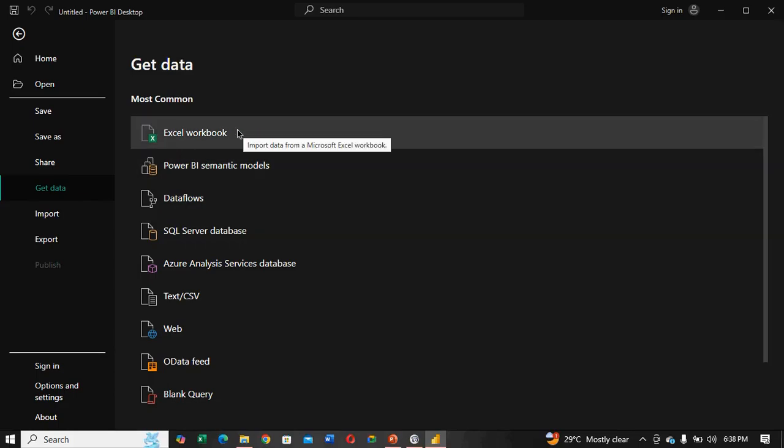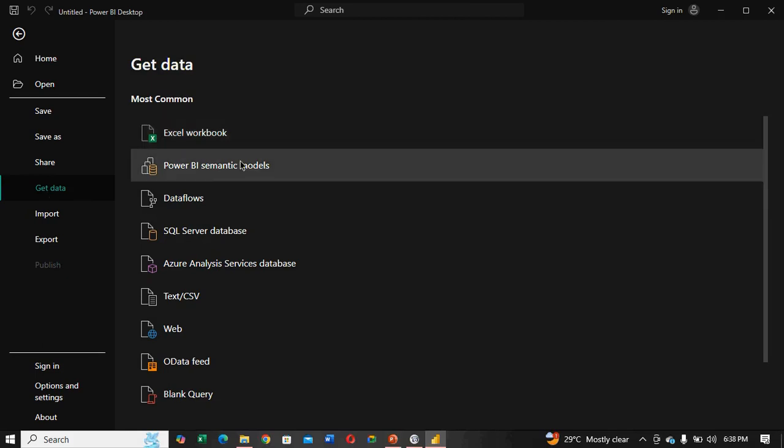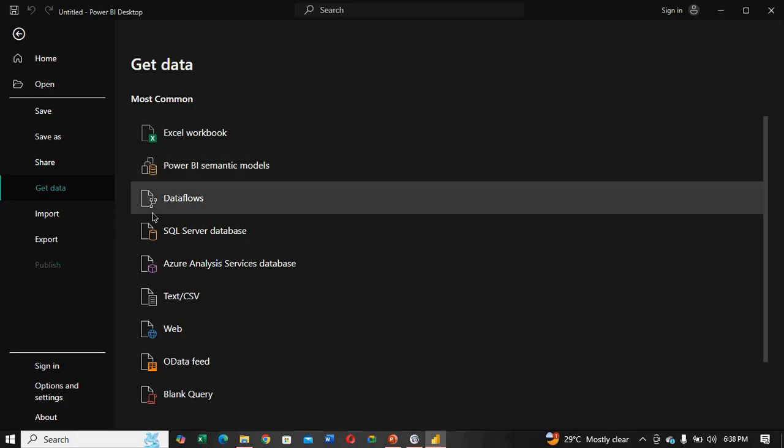We can get data like in Excel. I said when I was doing the presentation that Excel has the ability to connect with different sources of data, from multiple places. So these are the sources of data that we can get. This is Excel, Power BI, Matrix model. This is a database model that I can connect to.